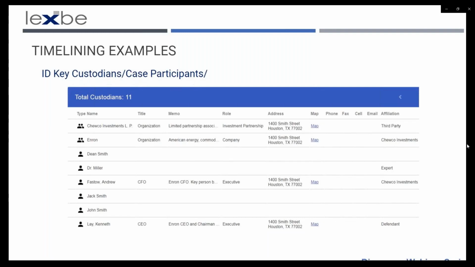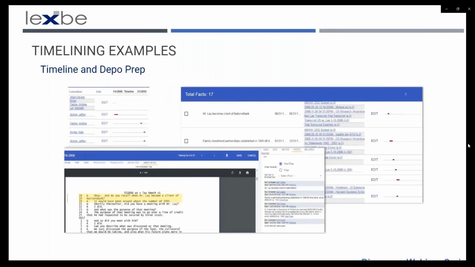Lexbe offers a feature called Facts and Issues, which is designed to help our clients organize their documents and construct timelines of their cases, even at the very early stage of the case. So case timelines can include facts that support claims or your theories of your case. And then the Facts and Issues function, which is our timelining feature, is so useful when prepping for depositions, evidentiary